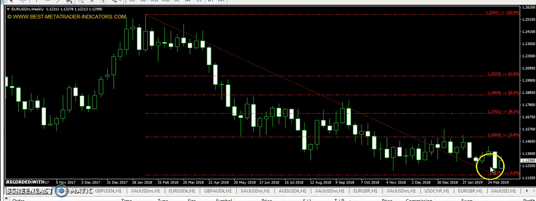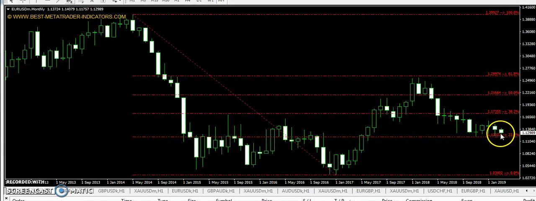But when we look at the weekly chart, if you look at the pattern here, the market has sustained at this level. It means that it is getting stability at this level and we can expect an upward trend from here. So guys, just keep in your mind that the next level can be 1.15010. I'm completely bullish on Euro USD, and even if we go to the monthly chart,